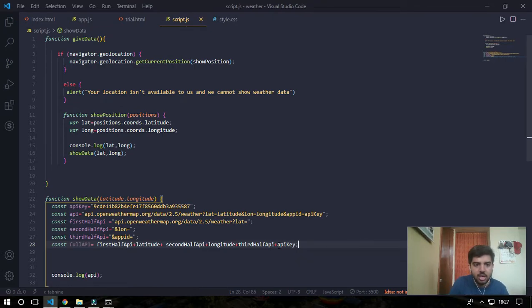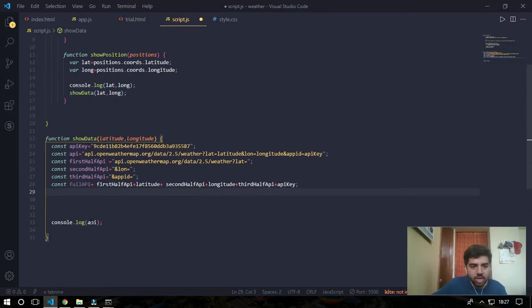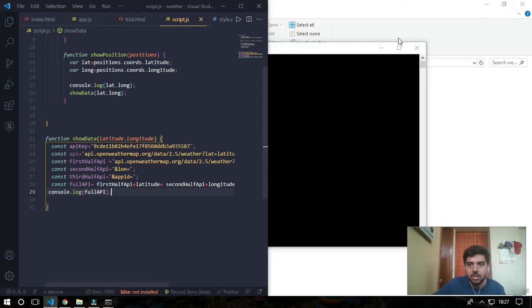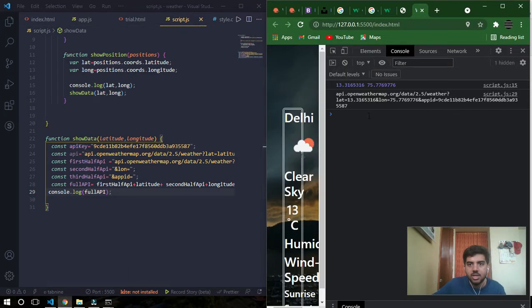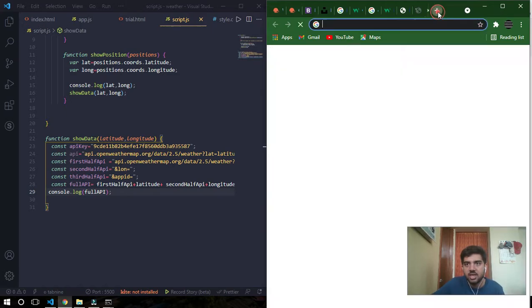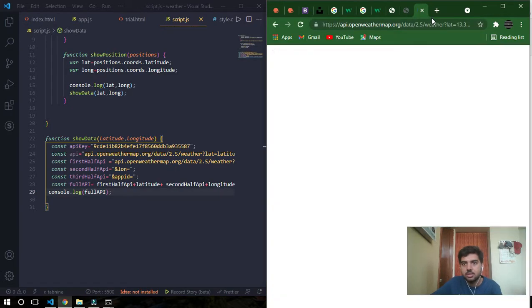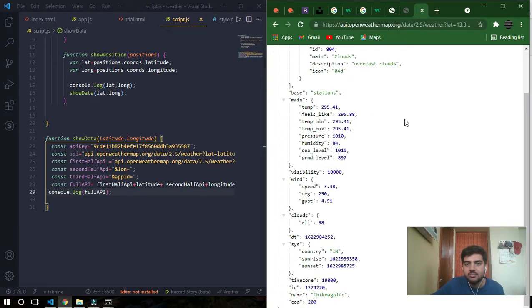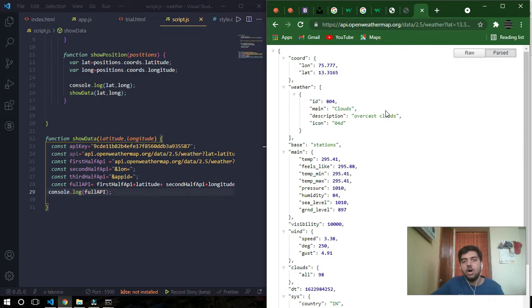Now if I console log the full API, I'll get this thing. Okay, if I copy and paste it here, I'll get the data of my current region.